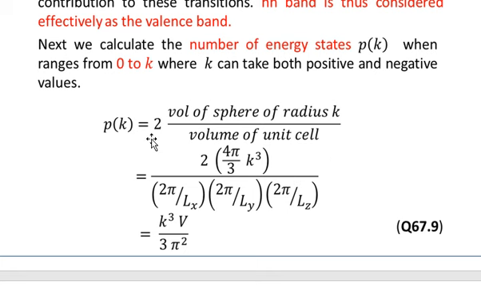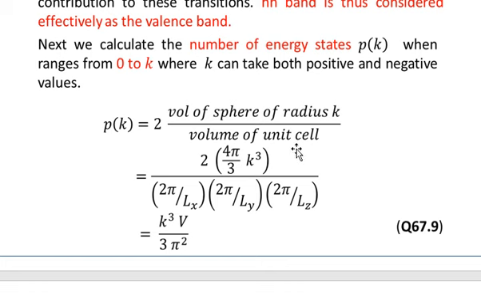So the number of energy states P of k is equal to 2 into the volume of the sphere of radius k divided by the volume of the unit cell. The volume of the sphere is 4 pi over 3 into k cube,